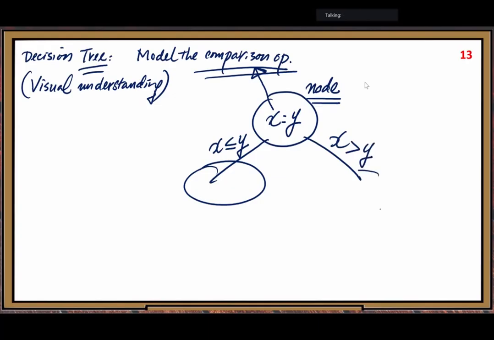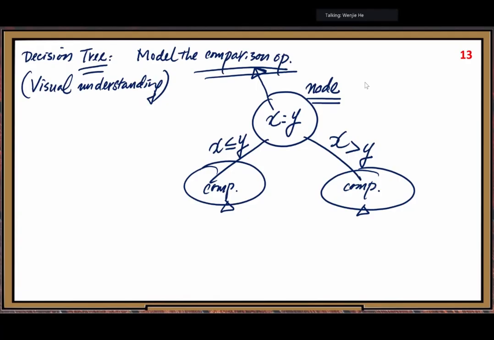Another note. Then this node, at different places, we need to make another comparison, a different comparison. So another decision. Each node, we need to make that decision. So then we draw the decision tree. To show you the whole picture,